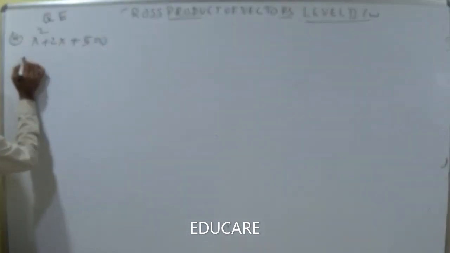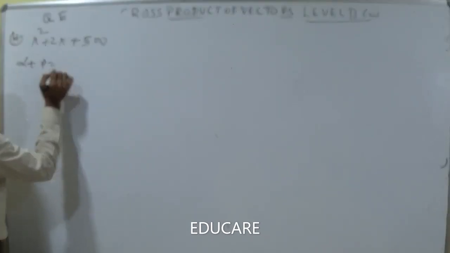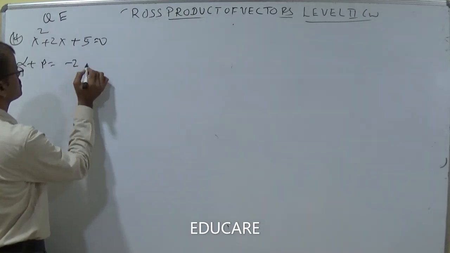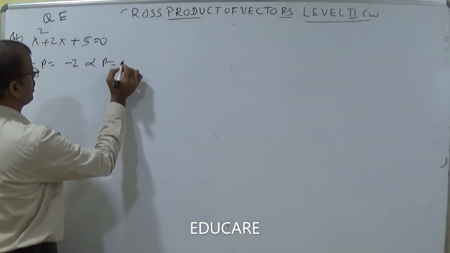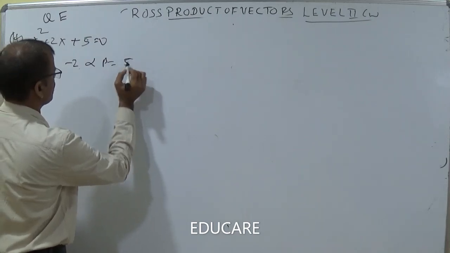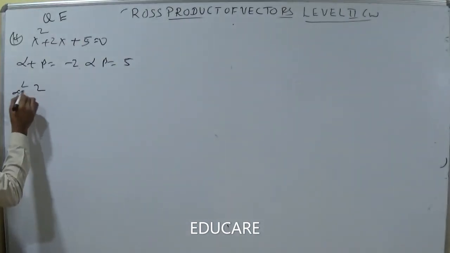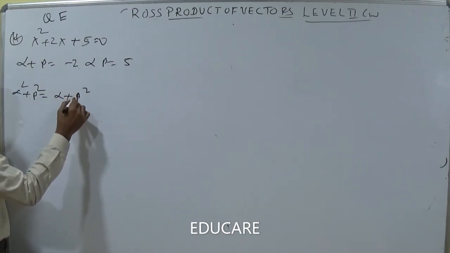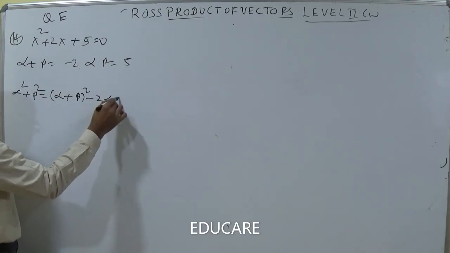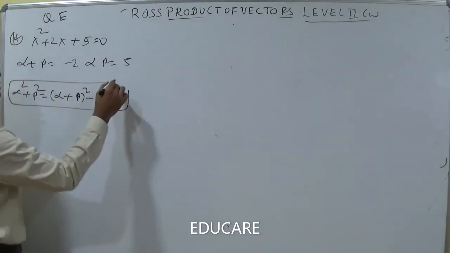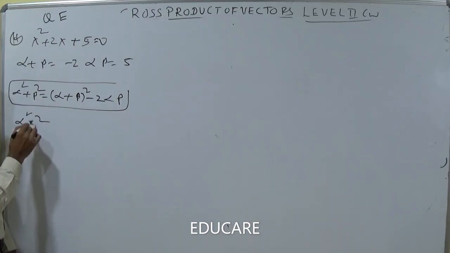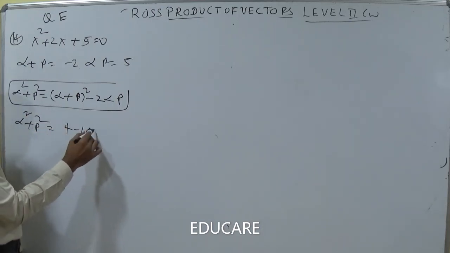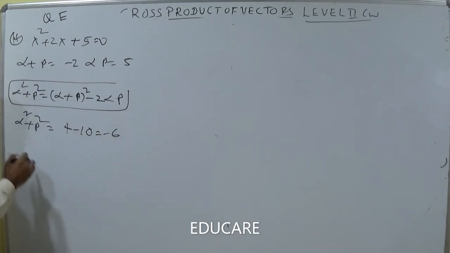Let us discuss the summation of roots in the quadratic equation. Alpha plus beta, the sum of roots, is minus b by a, which is minus 2. Product of roots is c by a. Everyone knows this. Next, alpha square plus beta square equals alpha plus beta whole square minus 2 alpha beta. Using this formula, alpha square plus beta square is equal to 4 minus 10, so the value becomes minus 6.